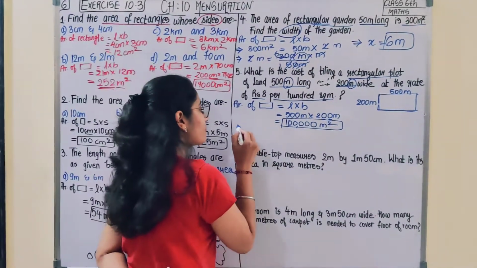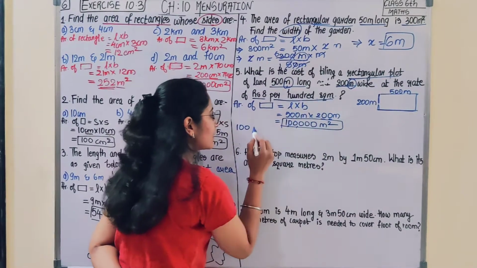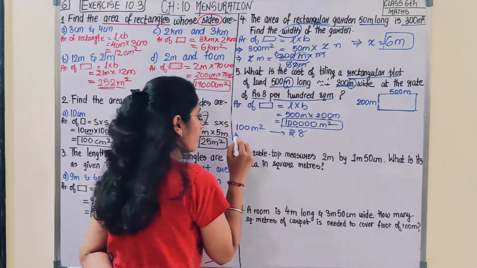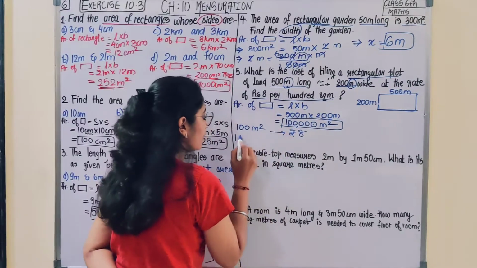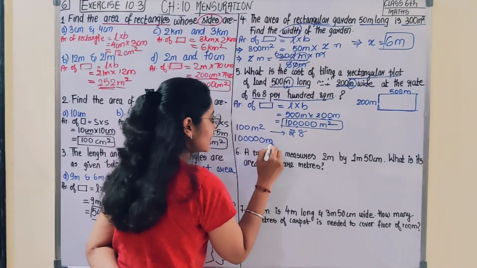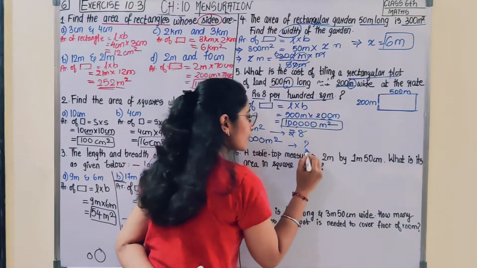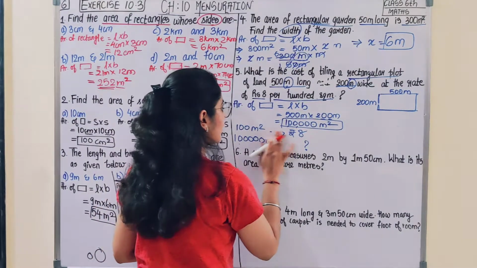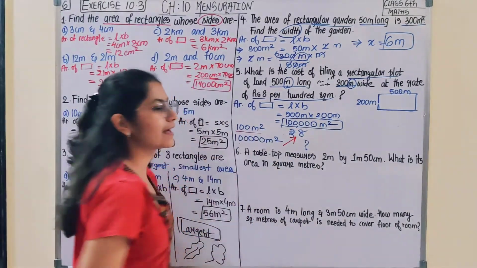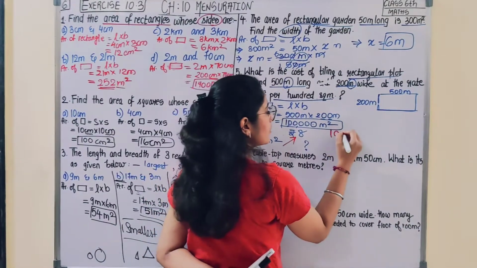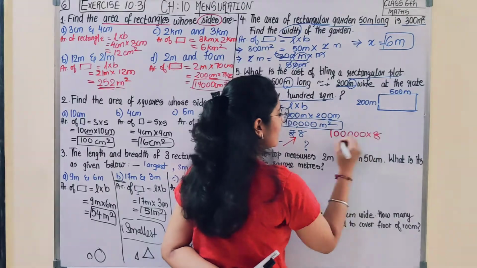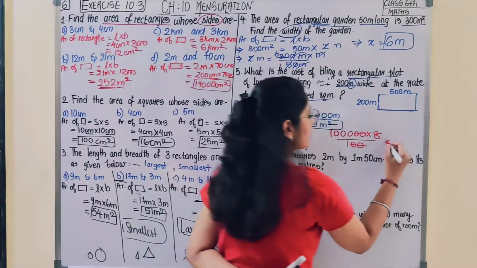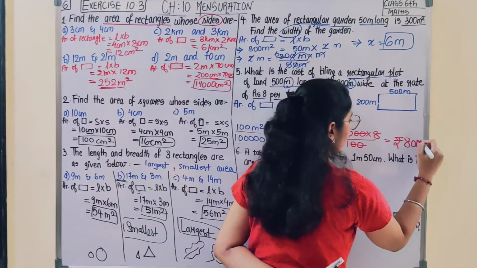Now they are saying that for every 100 square meter, or you can write meter square, कितना रुपए ले रहे हैं? ₹8. So for 1 lakh meter square कितना रुपीस लेंगे? We have to find the cost. Okay, again cross multiplication. क्या करेंगे? इसको 8 से मल्टीप्लाई करेंगे, डिवाइड बाय 100 करेंगे. ओके, सो 1 lakh इंटू 8 डिवाइडेड बाय 100. तो ये 2 0 से ये 2 0 कट, 8 multiplied by 1000, rupees 8000.